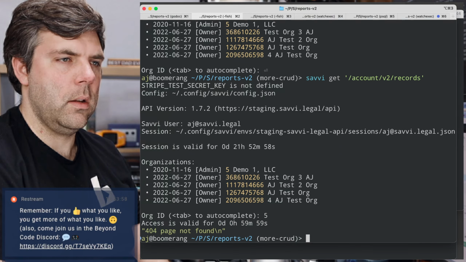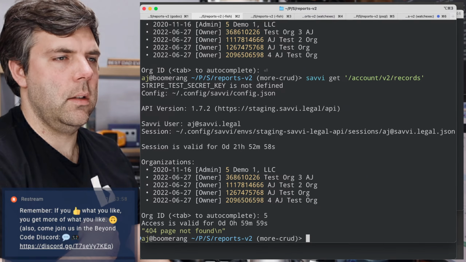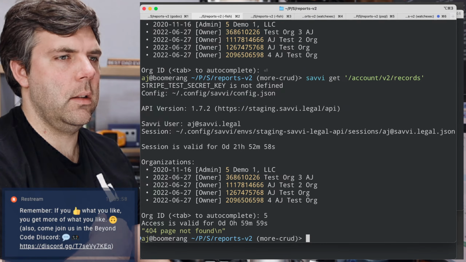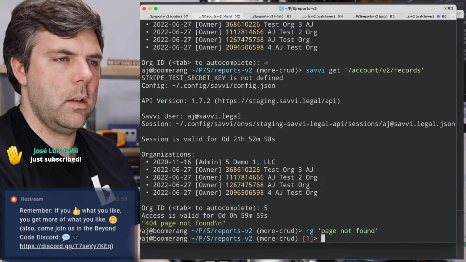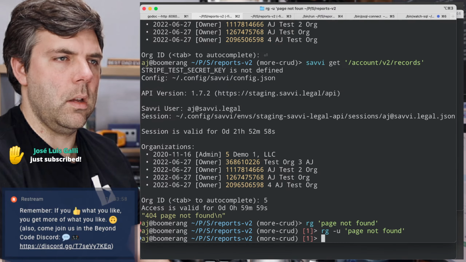Why am I getting page not found on that? Is that something I put in? I mean, okay. What if I just try to get that route directly, though?